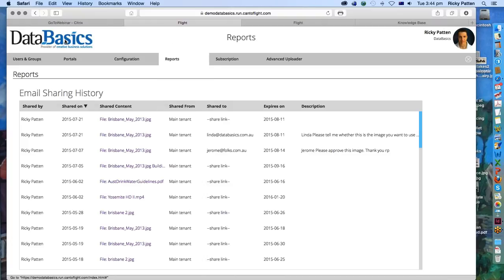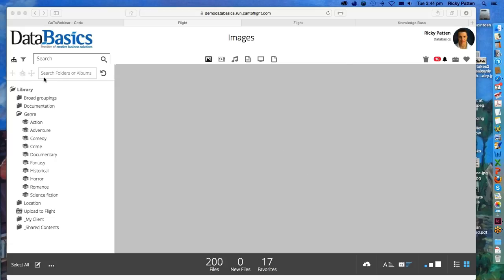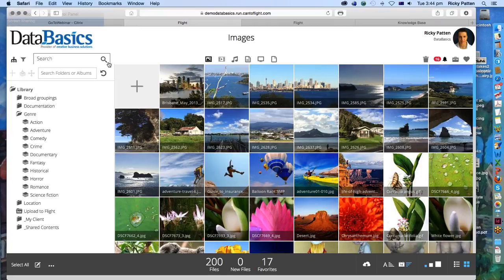Okay then, so this pretty much rounds up my presentation for today. Now then, I've got a few extra questions. Can you create custom workflows? No, not really, Andrew. You know, like the workflow that we've got within Flight is, as said, when images first get